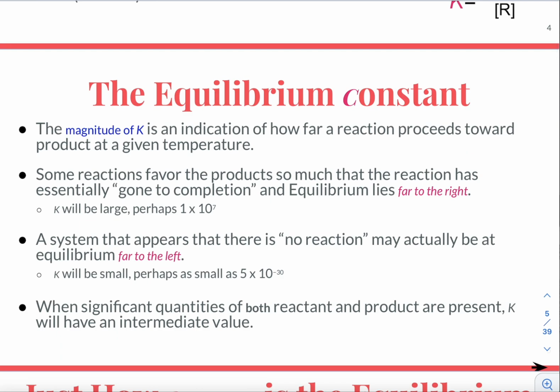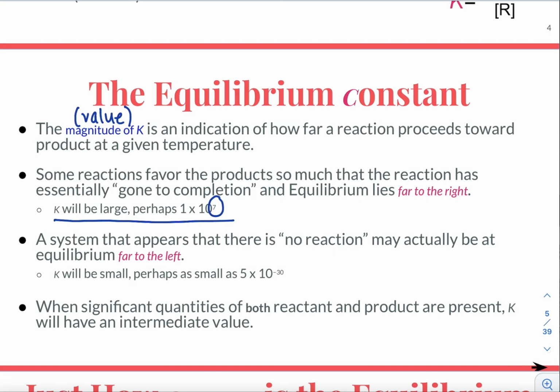By magnitude, we mean the value, so not plus or minus, of K. It is an indication of how far a reaction proceeds towards a product at a given temperature. We'll talk more about the temperature part in a minute. Some reactions favor the products, and they're going to have a large K. If you have a very big exponent on 10, because these are going to be in scientific notation for the most part, that means you're going to have more products